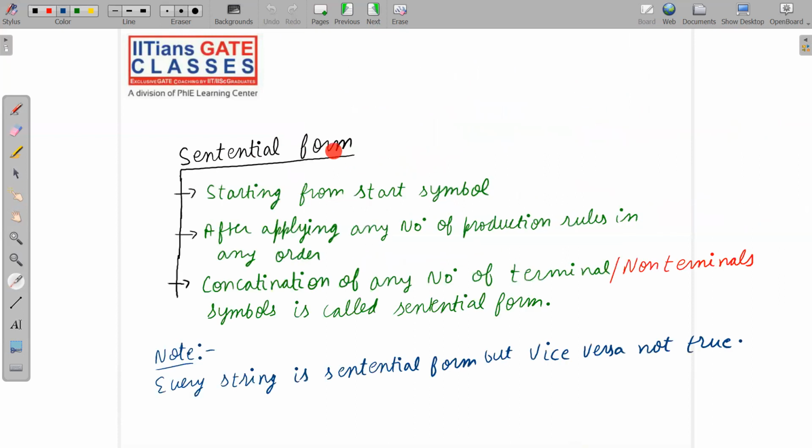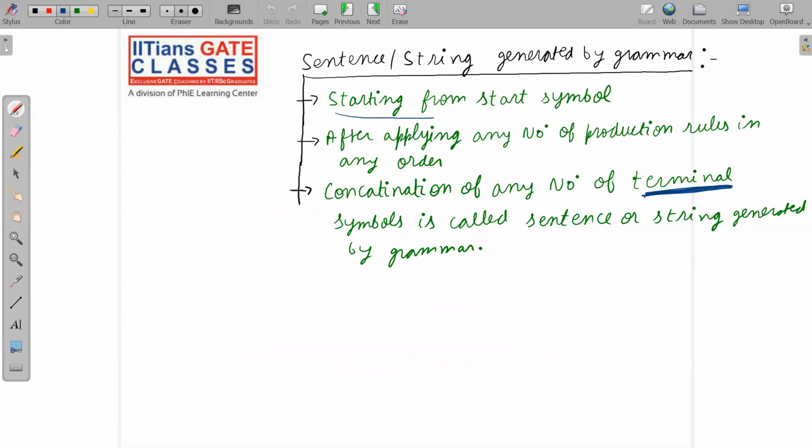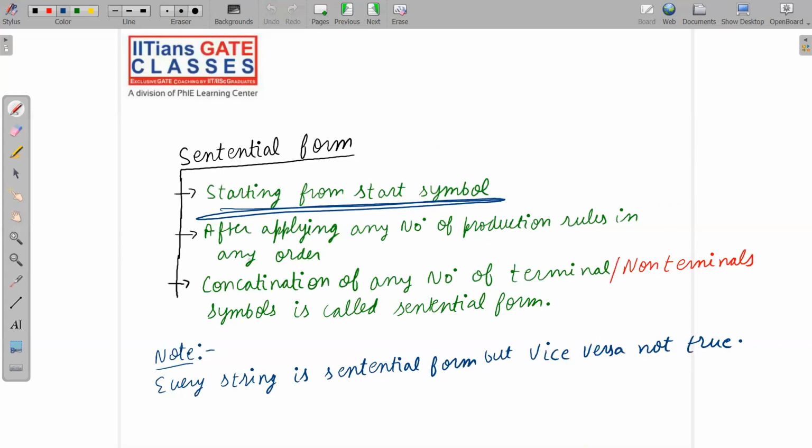Next definition is sentential form. Sentential form is what? Starting from start symbol. Again, you have to start from the start symbol itself. Please underline this. These three points are very important. Again, here also underline starting from start symbol. You cannot start from anywhere. After applying any number of production rules in any order, concatenation of any number of terminals